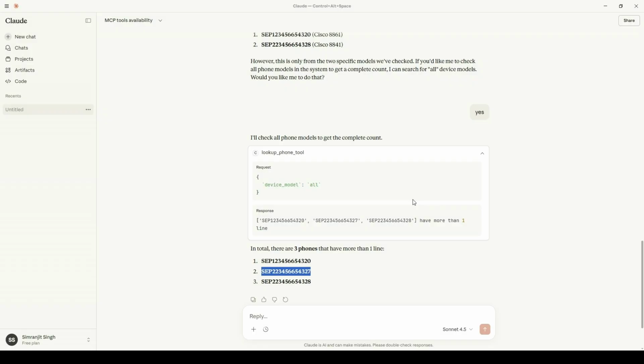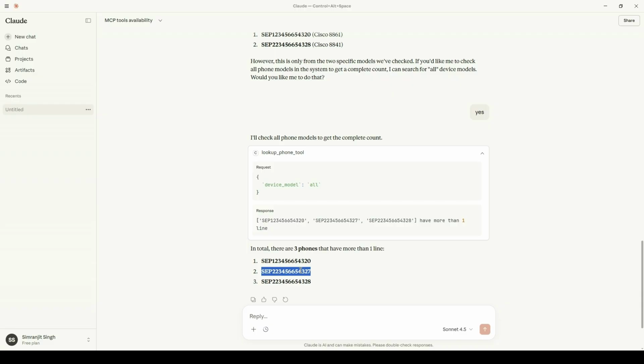Now, once again, I want to reiterate that this outcome that we are seeing here vis-a-vis call manager is not generated by the Claude LLM. I know I'm repeating myself again, but I want all of you to be very clear on this, because I've seen people getting confused between the LLM output versus the MCP tools output. This actual output, like these MAC addresses or the extension details, these are coming as a result of the code that we are executing on CUCM,